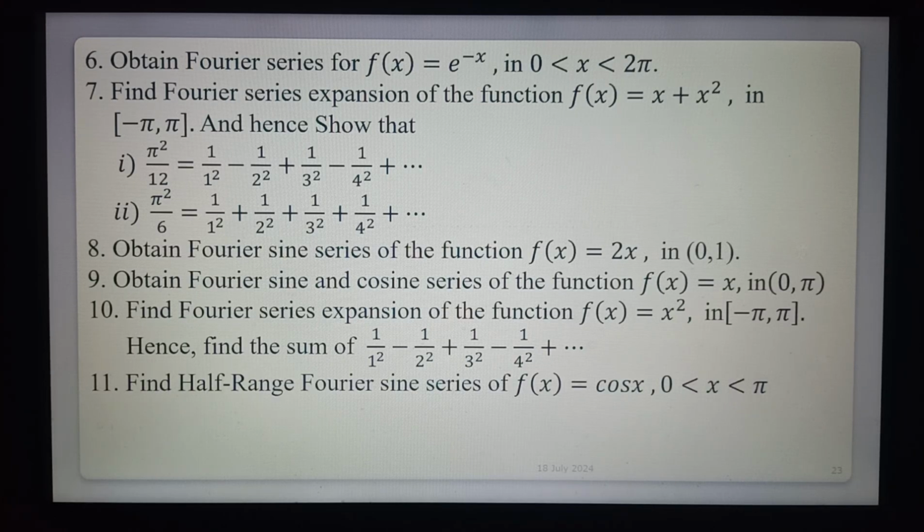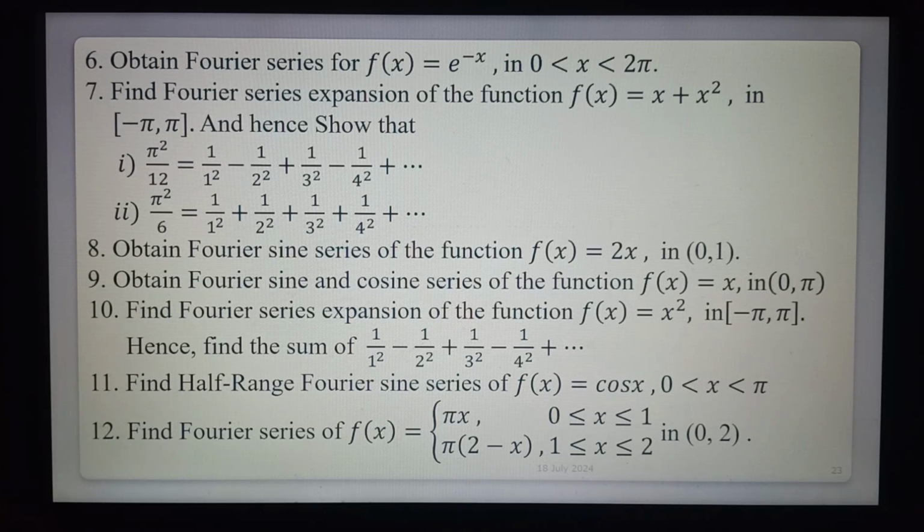And find half range Fourier sine series of the given function cos x in the interval 0, 5. Okay. So find Fourier series of f of x is equal to 5x into 2 minus x in the interval 0, 2. So these are some important questions for